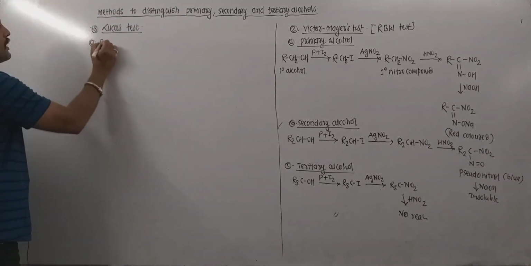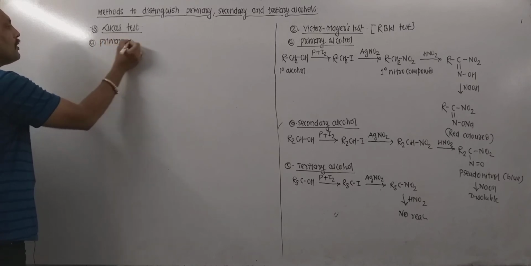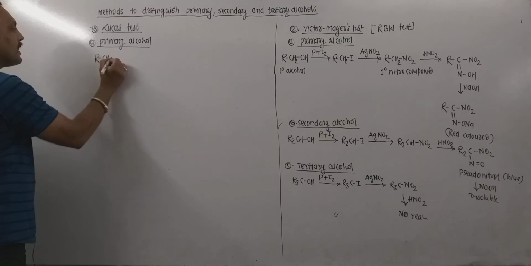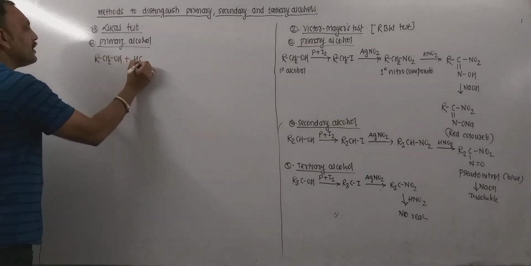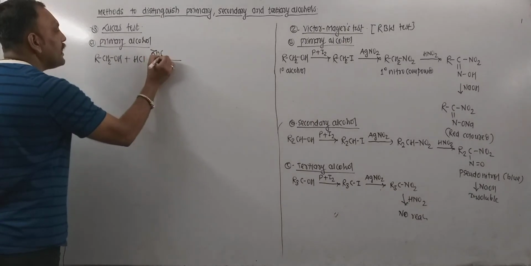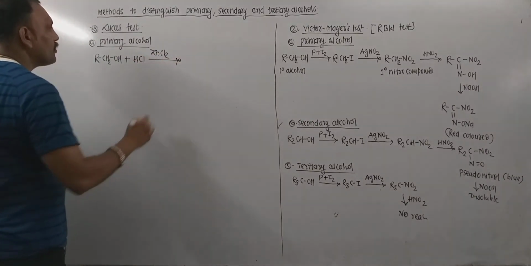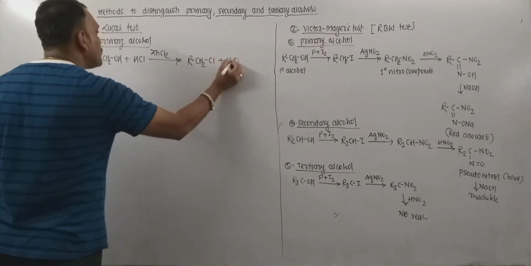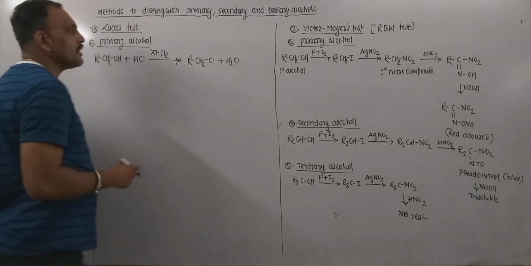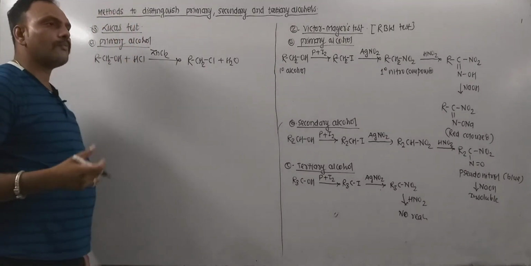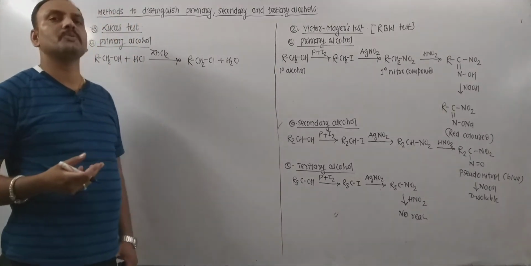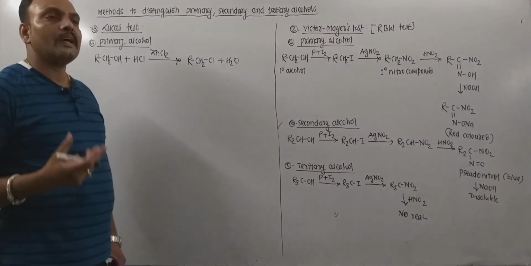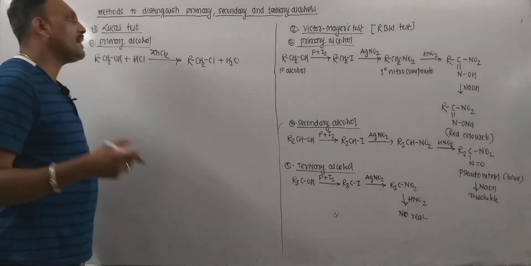Now let's see the response of primary alcohol first of all. When primary alcohols, which can be represented as RCH2OH, are treated with a mixture of HCl and dry anhydrous ZnCl2, what we call Lucas reagent, then primary alkyl chloride is obtained with the departure of water. Formation of alkyl chloride can be observed due to turbidity appearing in the solution due to deposition of the precipitate, and this happens too on heating, and the time taken is approximately half an hour.